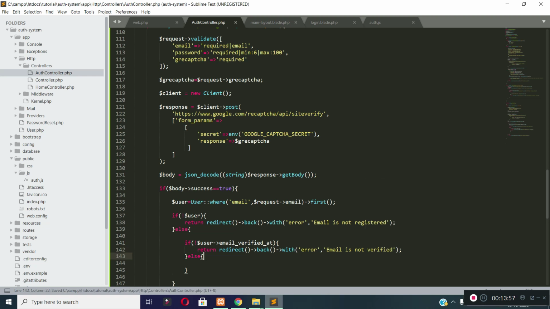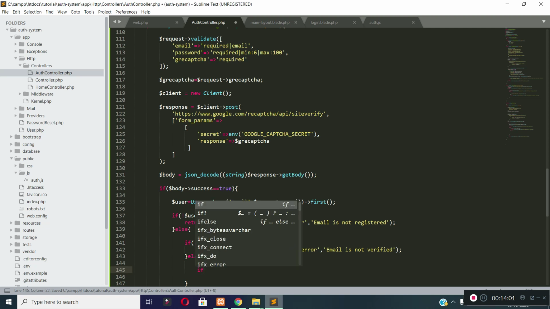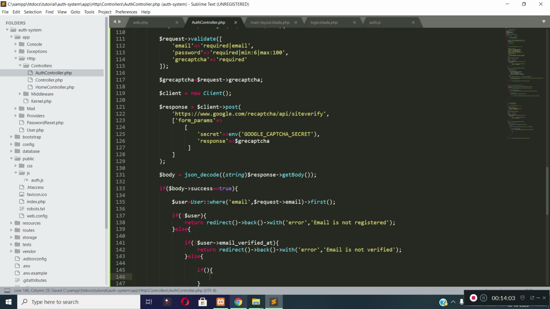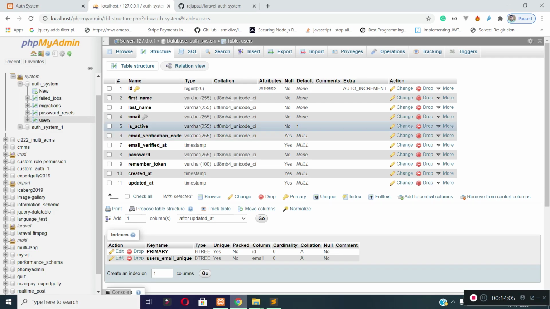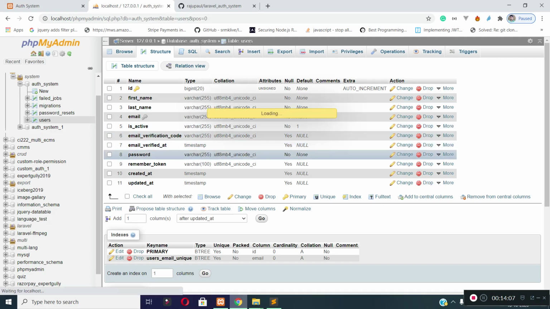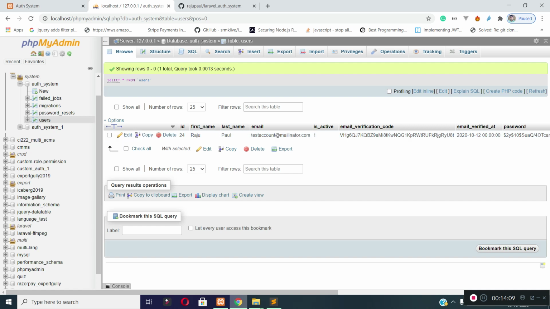And if the user already verified his email address, then I will check the user status. I already added an is active column to our users table. I added this column because in your case there may be an admin panel from where the admin can activate or deactivate a user so that the user cannot log in to the system.